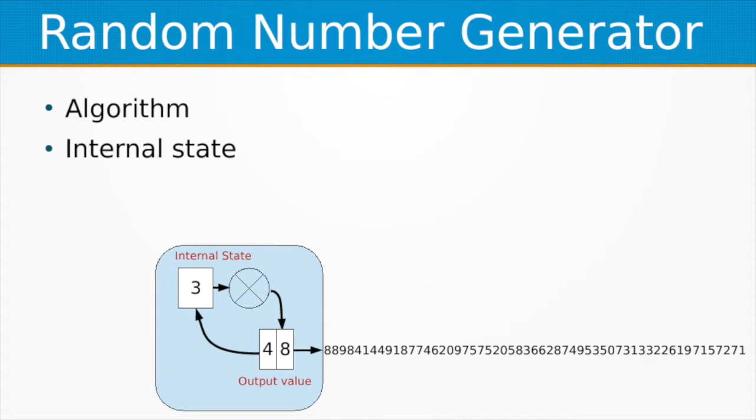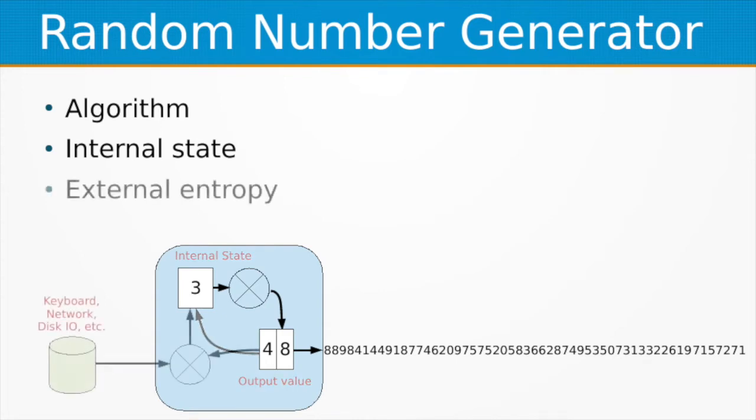A simple random number generator works great at producing a pseudo-random number sequence. However, if someone knows the algorithm and has enough output data, then they may be able to determine the internal state and predict the next output value. More complicated random number generators watch for input that is unrelated to the internal state. This could be things like keyboard timings, when packets arrive over the network, or disk I/O transfer rates. Each time this external data, or entropy, is received, it updates the internal state. This way, someone who knows the algorithm cannot predict the next random value even if they have lots of previous